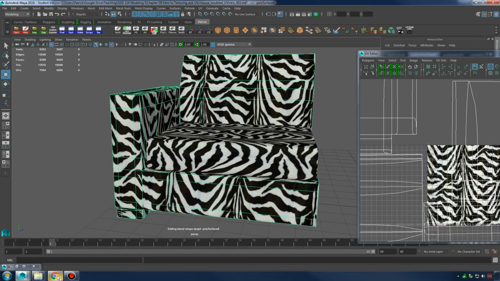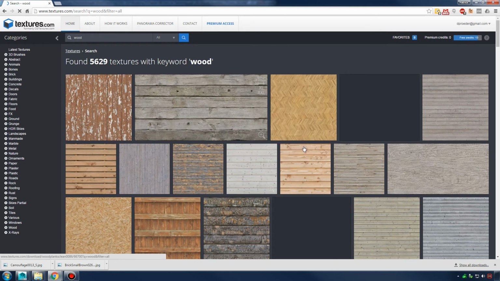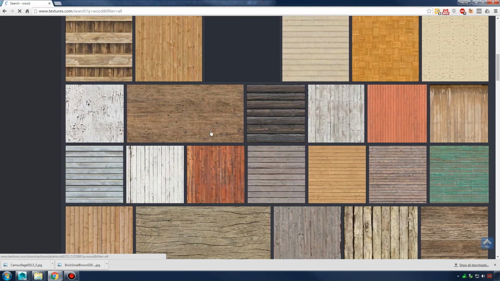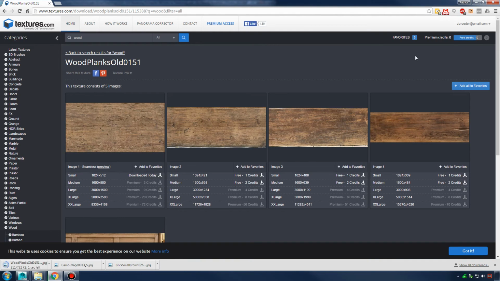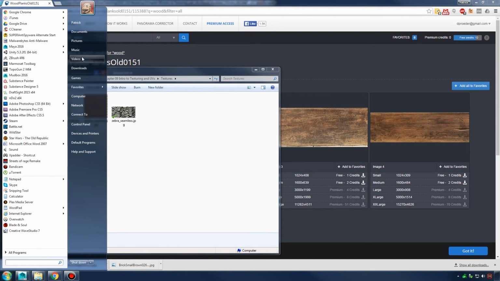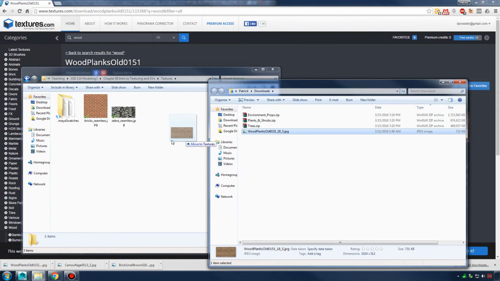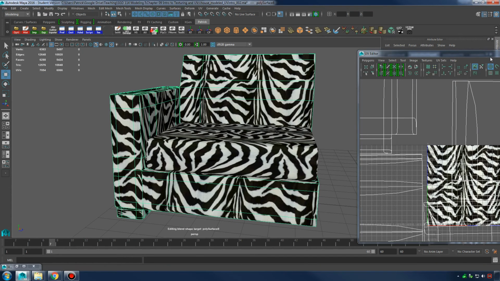Let me go back to CG textures. I want to look up wood. All right. There's some wood right there. Download it. I have 12 more downloads for the day. There's my textures folder. There's my downloads folder. Wood. Go to Maya, and we're going to create